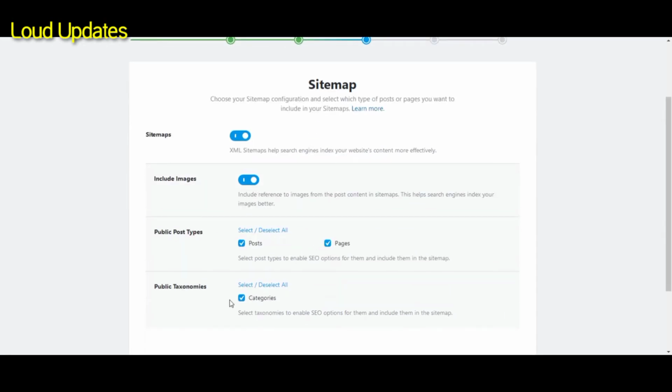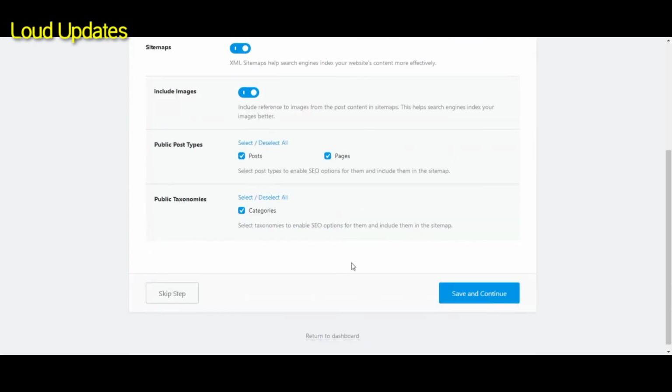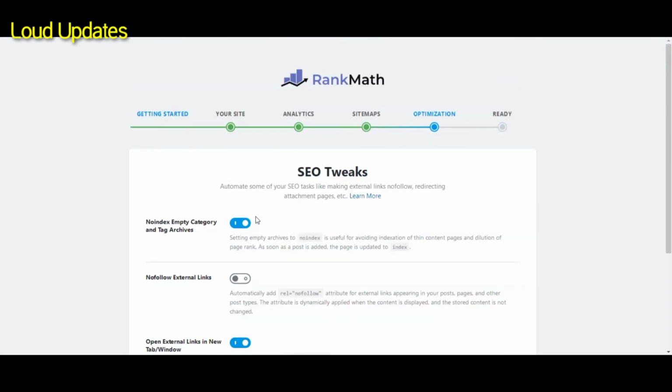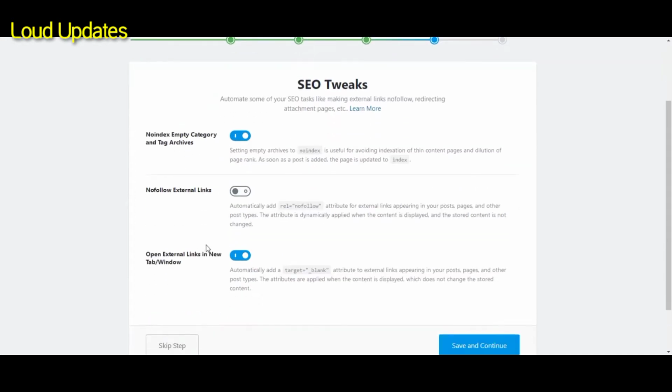Sitemap is very important. Once you create a post and publish it on your website, the sitemap helps your website ping the search engines. Then click on next button. No index empty category, allow it.